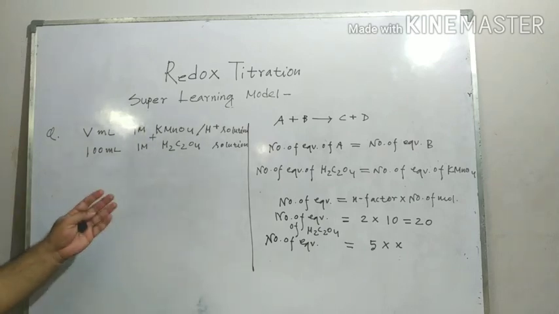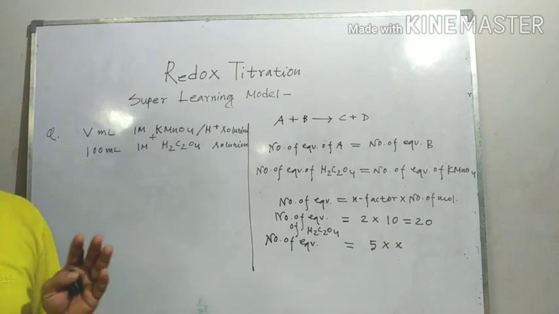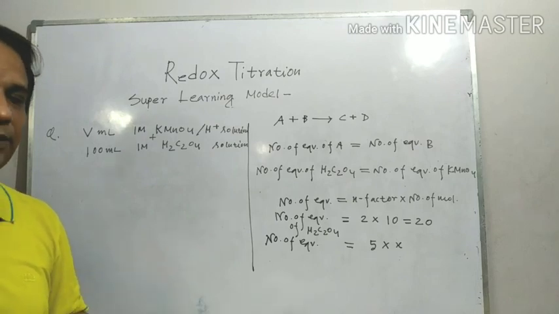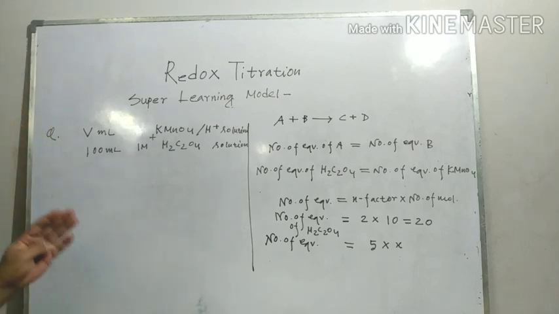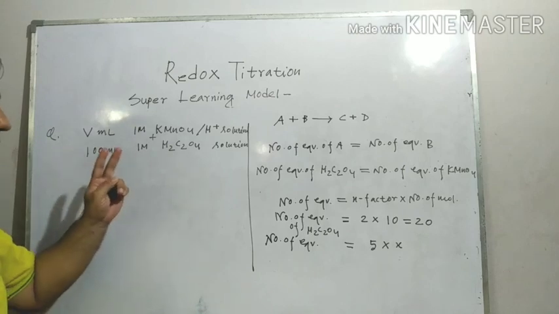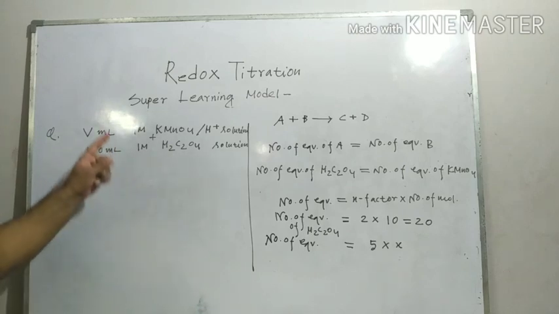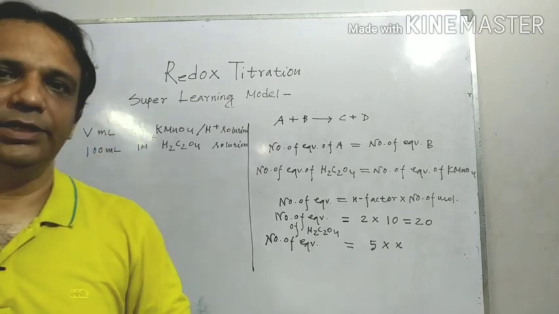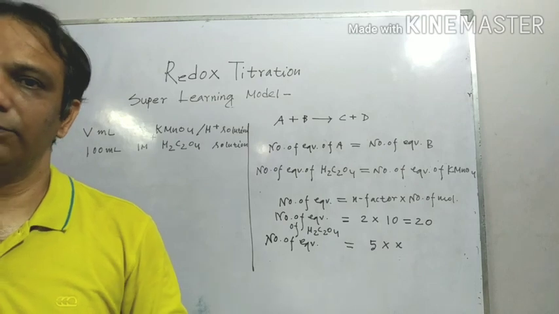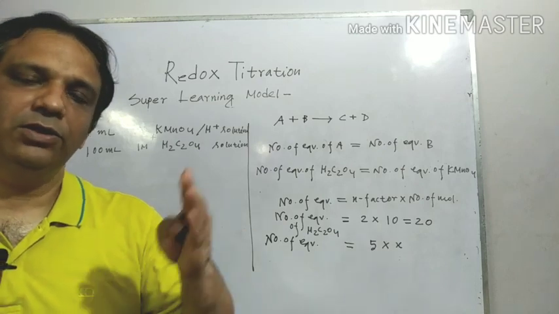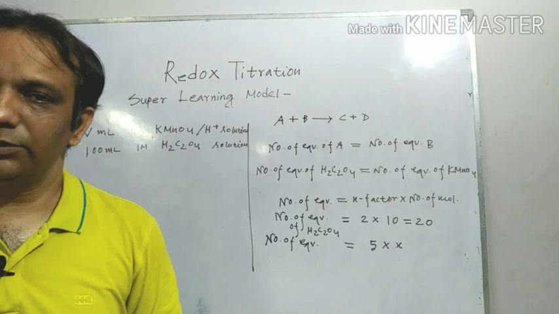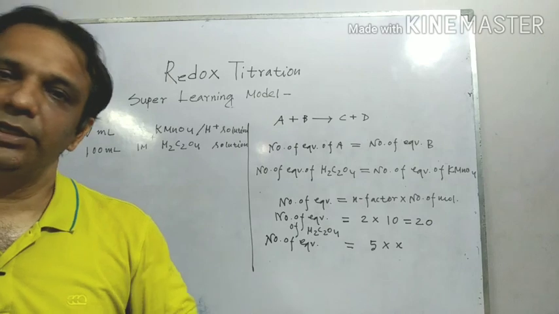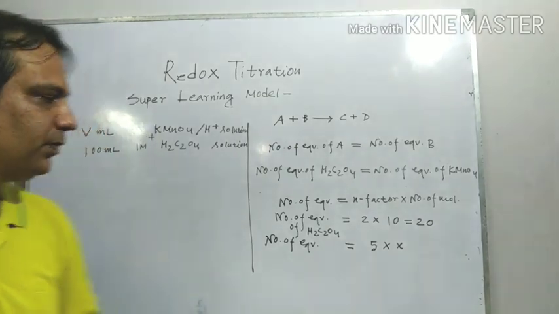Dear students, in this reaction, again we have to follow the law of chemical equivalence, and I think the concept of N factor is clear to all of you. But again we have to keep in mind a few steps here. First of all, you have to convert molarity into normality, because normality is related with number of equivalents. The definition of normality, you know, is the number of gram equivalents of the solute dissolved in 1 liter of the solution. Here, first of all, we should convert the molarity into normality. That is the first step.